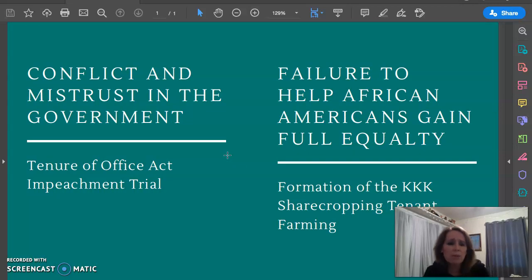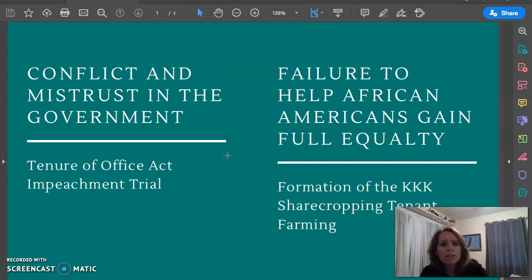So one of the effects of the Reconstruction era, due to the bitterness of the Republicans, was conflict and mistrust. So after Abraham Lincoln was assassinated, Andrew Johnson became president. He was the vice president, but he was from Tennessee, and these radicals just really did not trust Andrew Johnson. They saw him as a Southern sympathizer, that he was going to make it easy on the South to come back in the Union. And he did have some views and did make some speeches that were a little bit alarming.